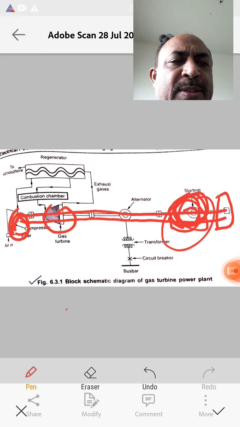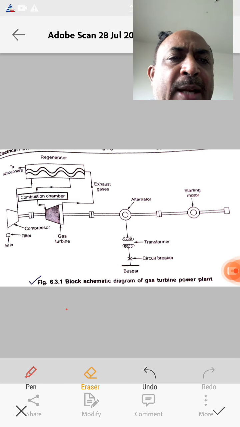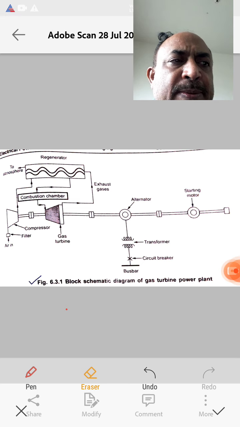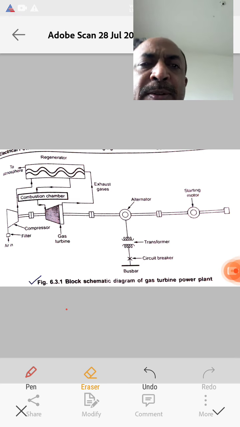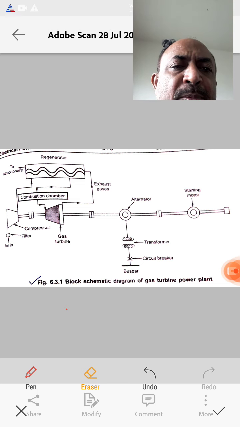After this process, the motor acts like a load on the unit, so there is no need of the motor, because the motor is used only for starting purpose, to start the compressor.